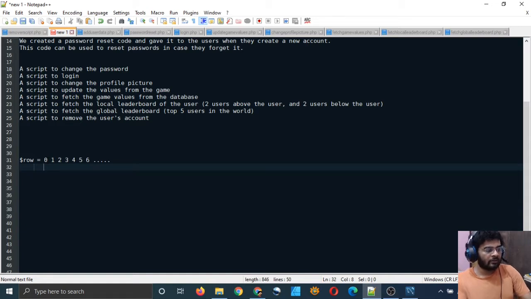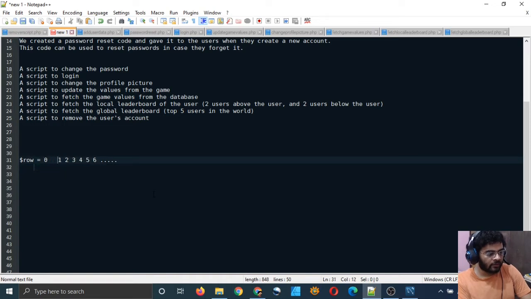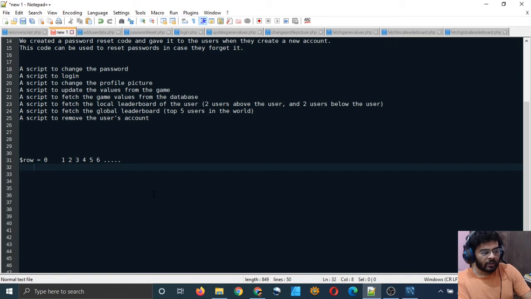I don't know that, and it is not necessary to know that right now in what we are doing. So every column will have all the values which we fetch from the database. We fetch username, points, and profile picture. So it will have this profile picture.